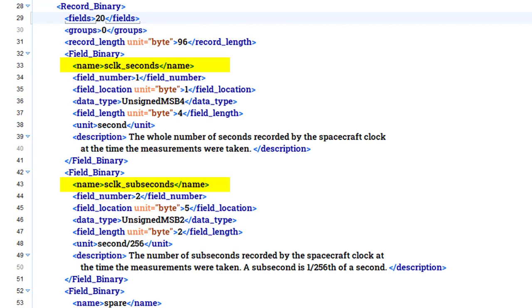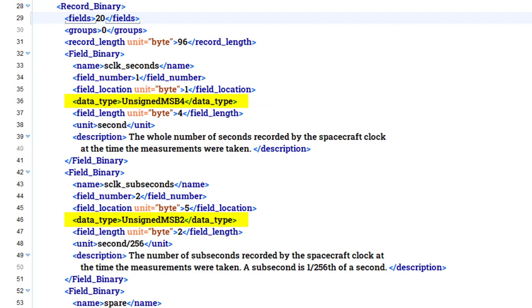Name is the column header, field number is the column number, field location is the location in bytes of the first byte in the field relative to the first byte of the record. In this example, we can see that the first field is located at the first byte in the record, and the second field starts 5 bytes after the first byte in the record.